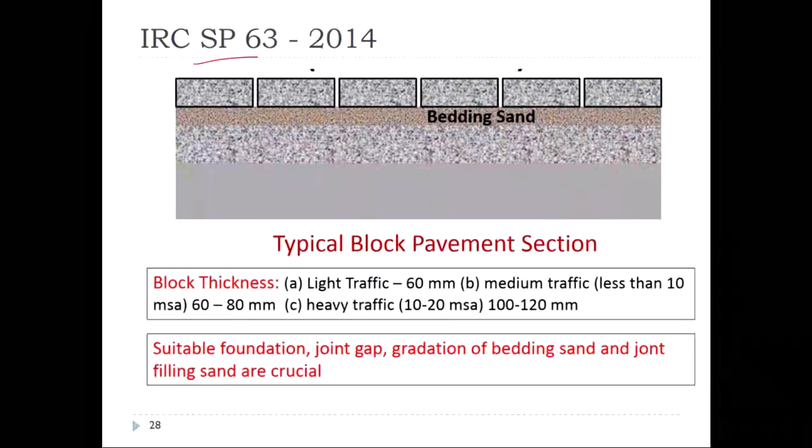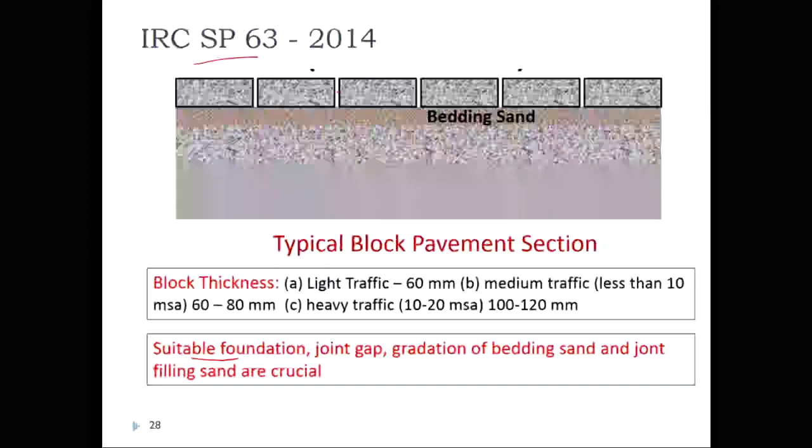Now, as I told you, this is going to behave like a flexible pavement. The success of this interlocking block pavement is basically that you should have a stronger foundation, a well compacted foundation. So the success of interlocking block pavements is basically a suitable foundation, and adequate joint gap. This is very important because if we don't provide adequate joint gap, it would be very difficult